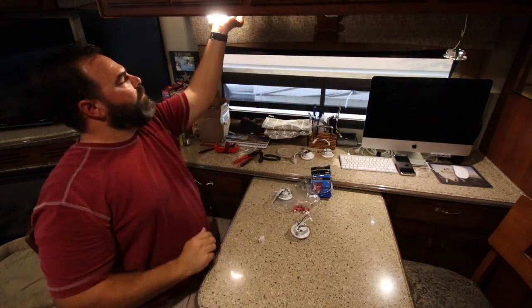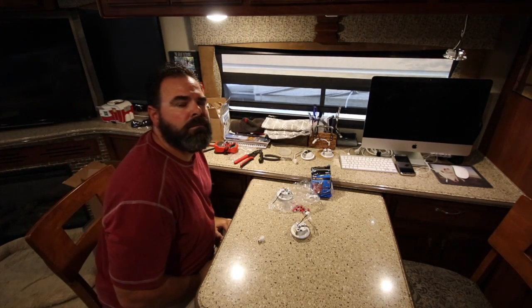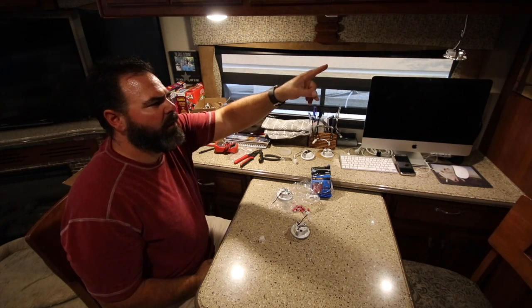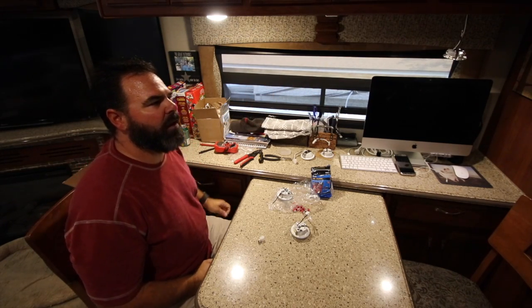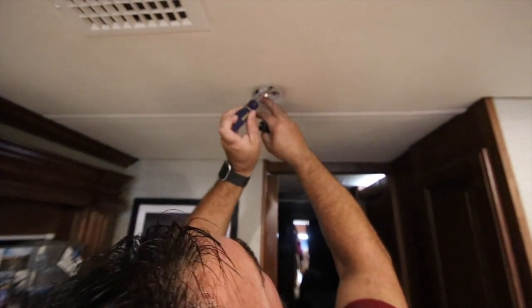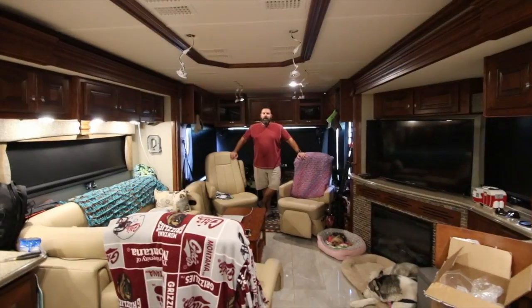And boom. Got a new light. So now I got to do this 29 more times. And I know that one over there is going to be difficult because it's got a short cord on it. Alright, so I'm